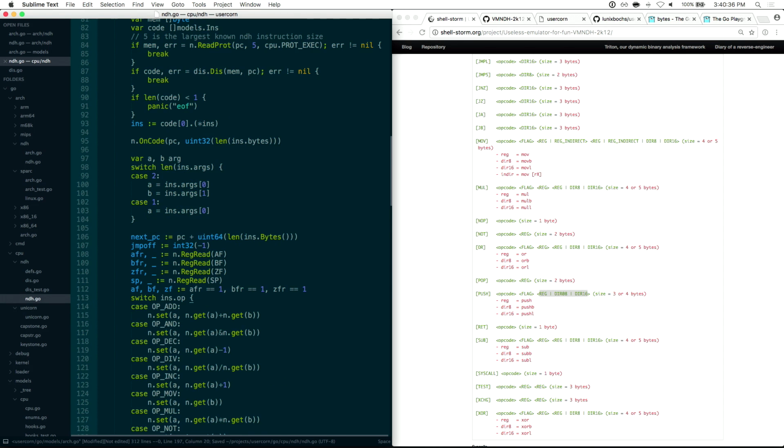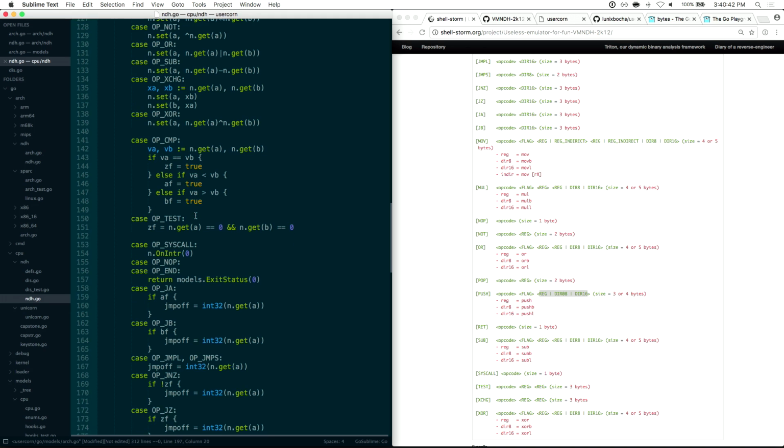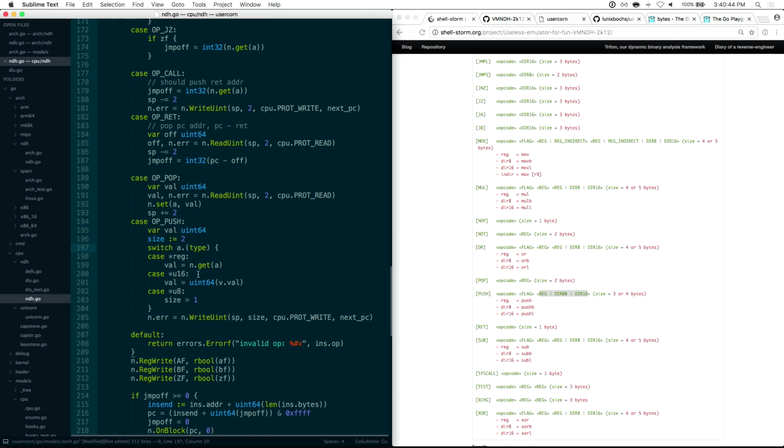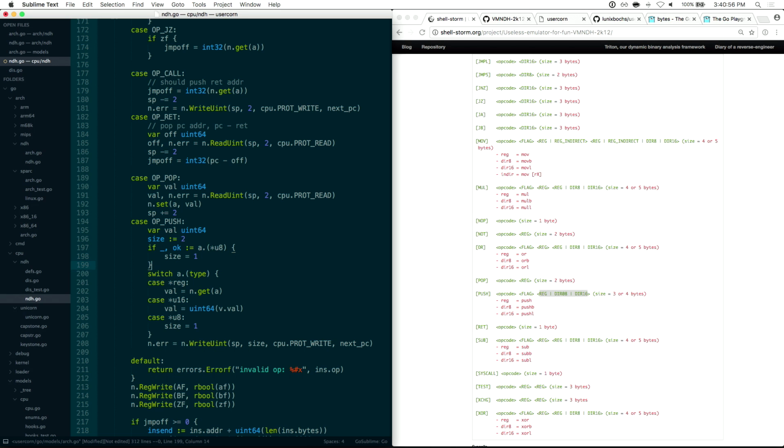Actually, get will already do that. So I just don't know the size. So if okay is, so if it's a U8, I have to set the size to 1. That's all I have to do here. And then